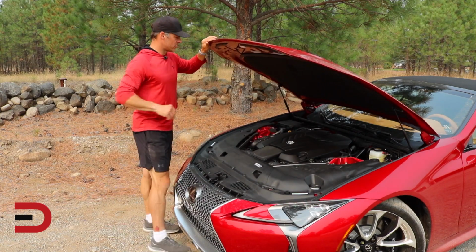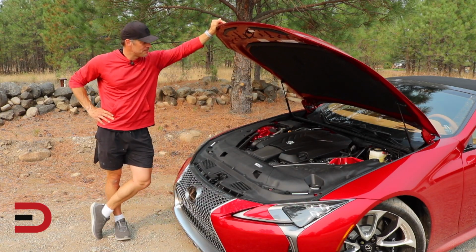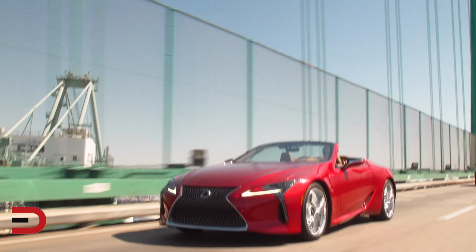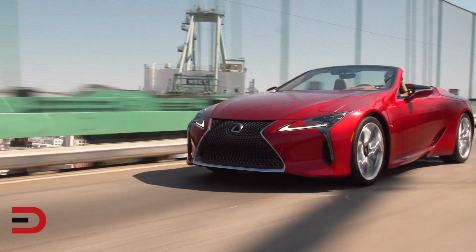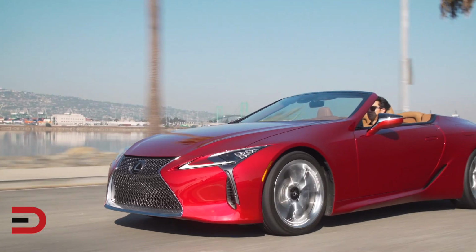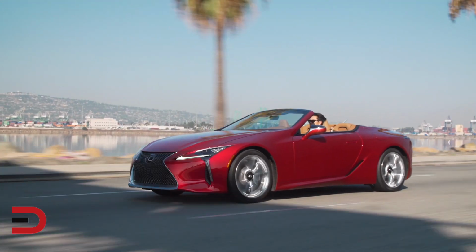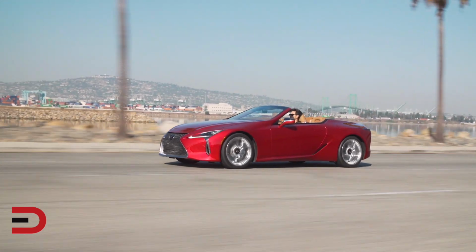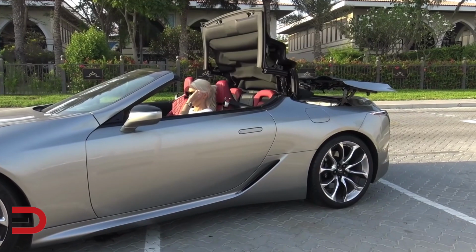Here is the heart and soul of this high-performance machine, a 5-liter V8. Of course it is. So last year, the LC500 convertible arrived at dealerships across the country, broadening the flagship LC family with a stunning exterior, optimized suspension tuning, and an innovative soft top roof that both I and Supercar Blondie